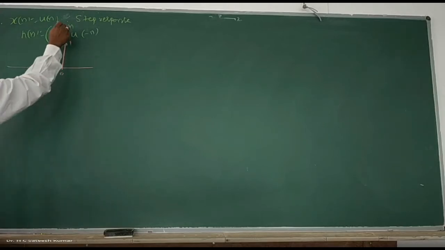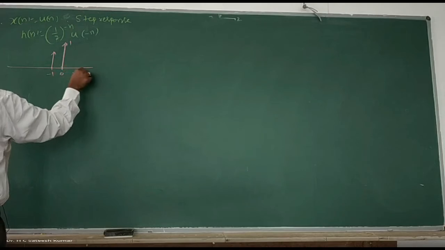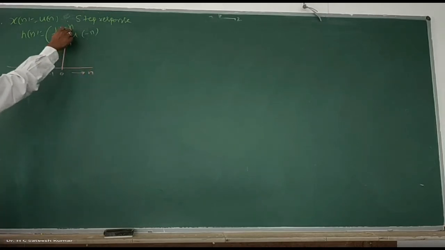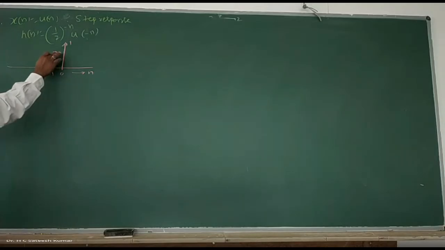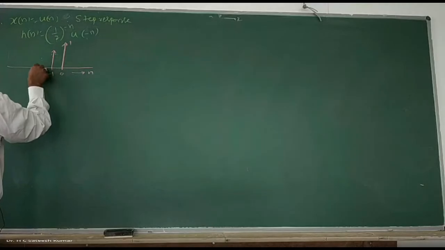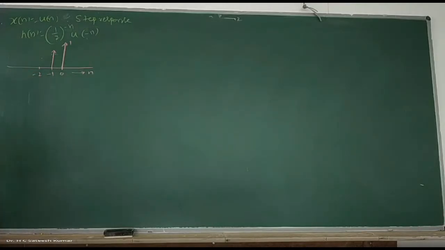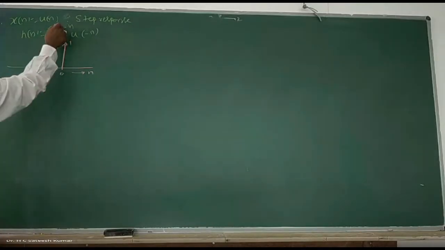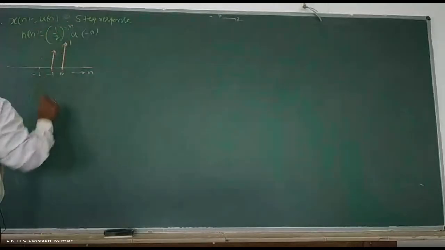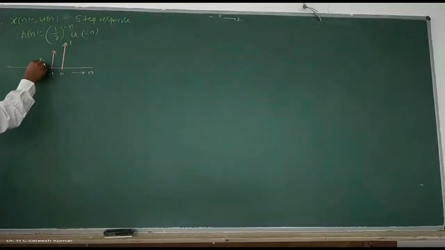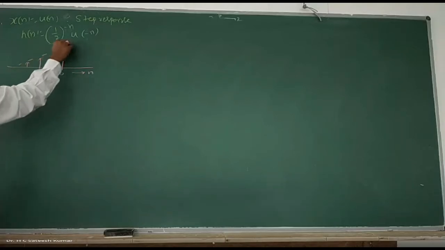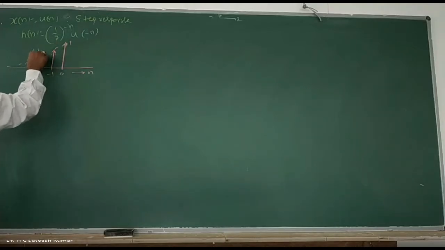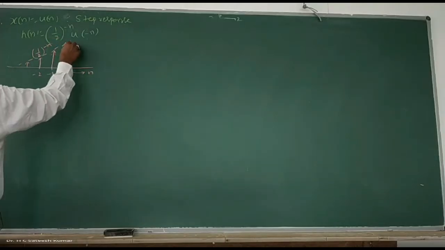You should substitute for n, with the minus sign. This is the n axis. At minus 1, minus of minus is plus, so it becomes half. Next, put n equal to minus 2. Minus of minus 2 is plus 2, that is 1 by 2 to the power of 2, which is 1 by 4. Like that it will continue. So this is your half to the power of minus n, this is your h of n.